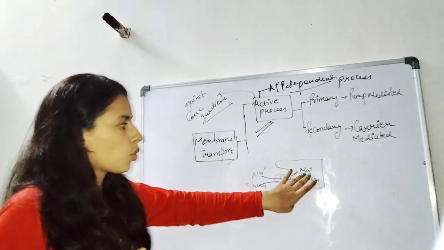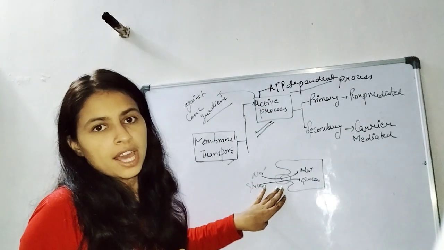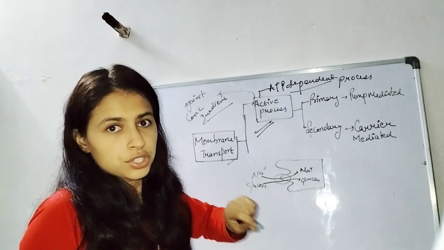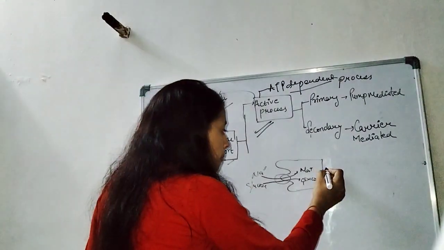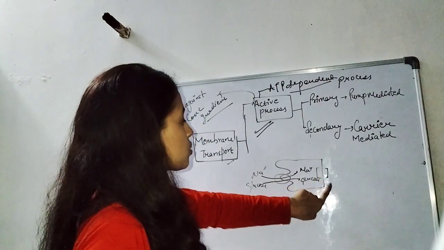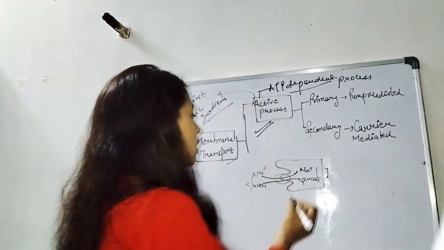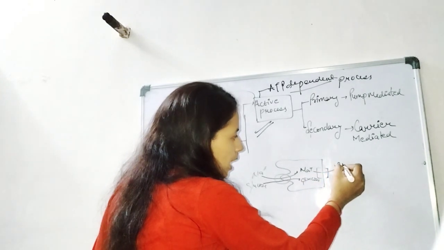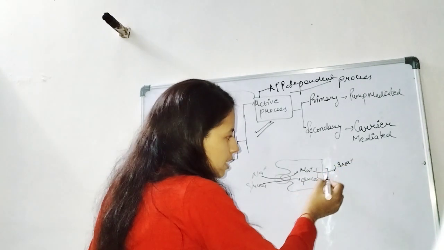Here no energy is utilized at this place. Inside the cell the sodium ion concentration is high, so on another side of the cell we have the sodium potassium pump. Three sodium ions move outside the cell and